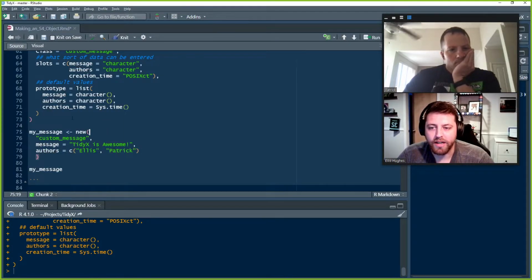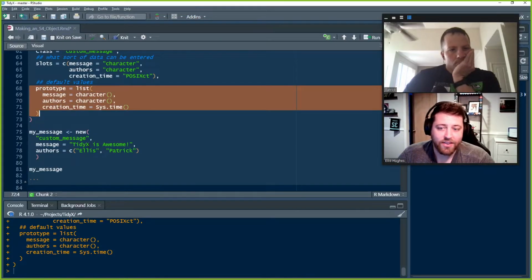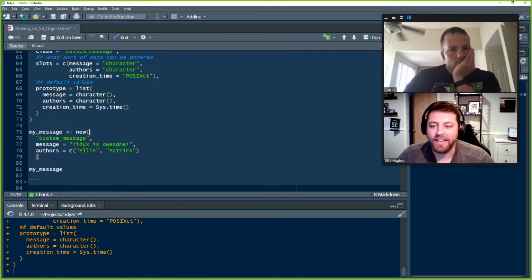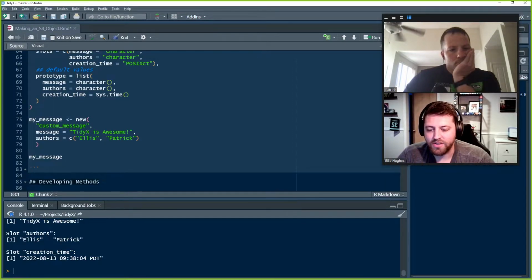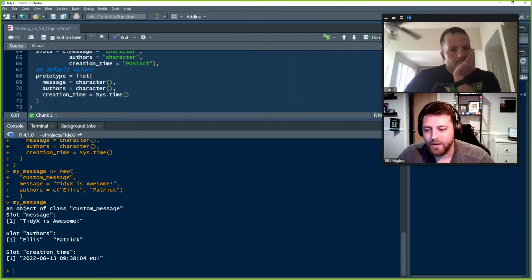You may notice that we're not going to define creation time. Because it's a prototype, it'll automatically create it for us because we want it to be accurate for what the current time is. So there we go. So now we've run it, and as you can see, we have our 3 slots here: message, authors, and creation